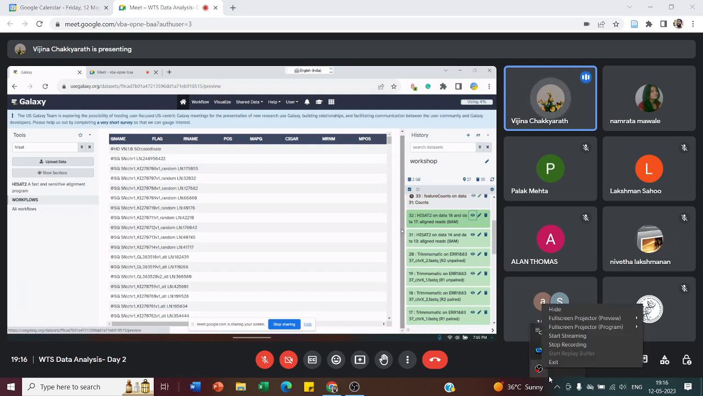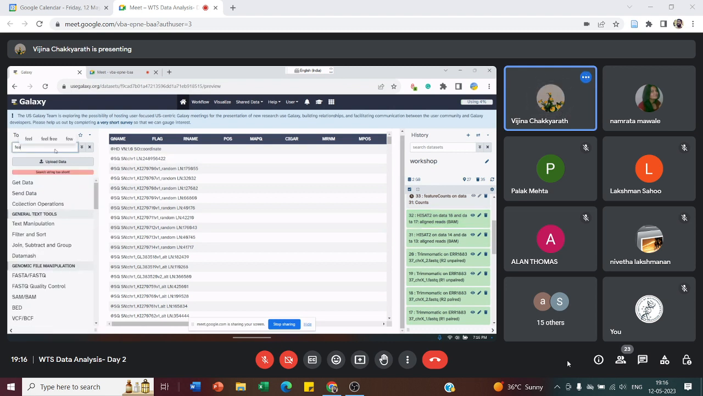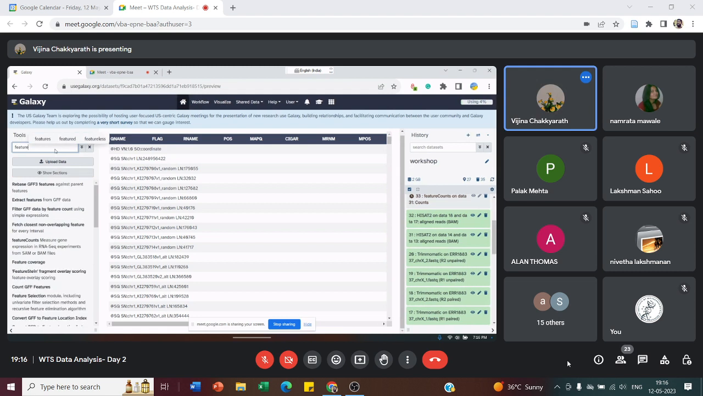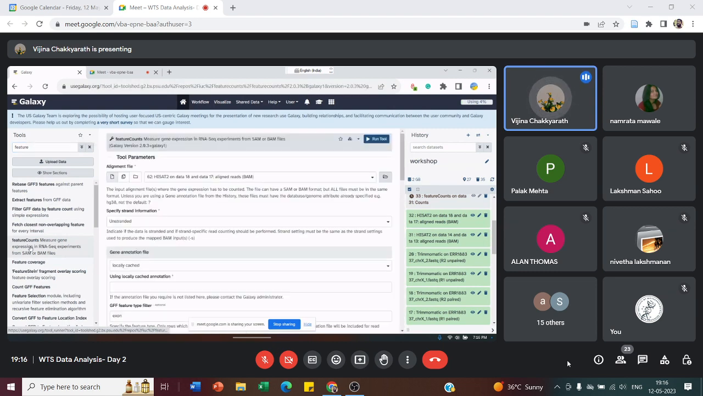So after aligning, we had to quantify the reads. For that we are using feature counts tool. Here you can select feature counts. Feature counts measure gene expression in RNA-seq experiments from SAM or BAM file. Since it is BAM file, we are using feature counts here. It is a very highly efficient general purpose read summarization program that counts mapped reads for